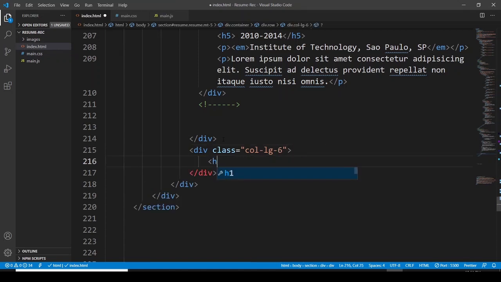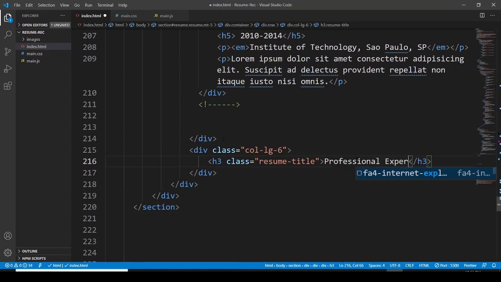Then we have to go with the heading 3, assigning it a class, and this class is going to be again resume title, where let's say professional experience